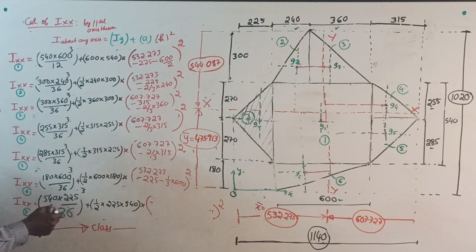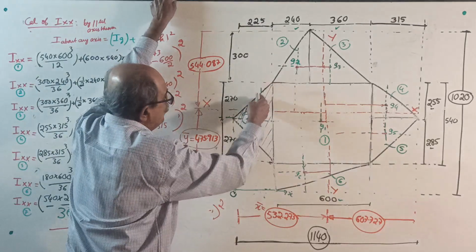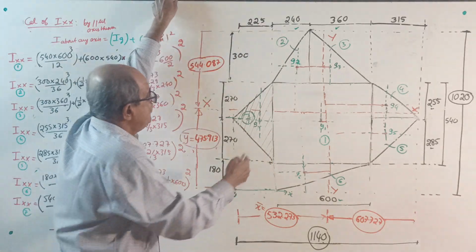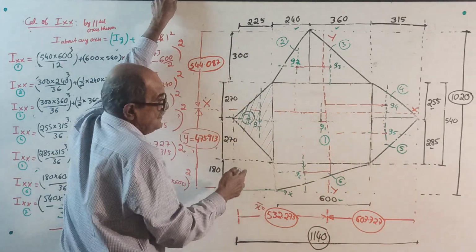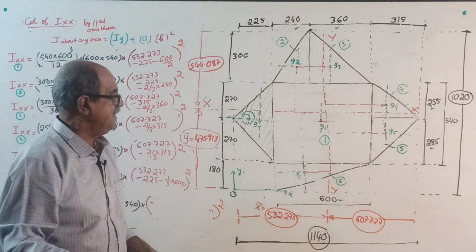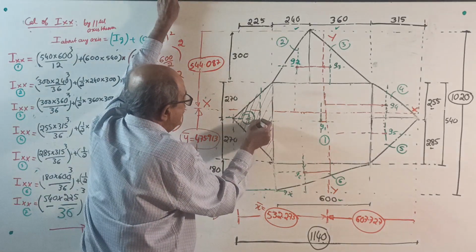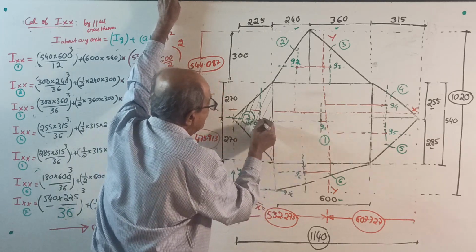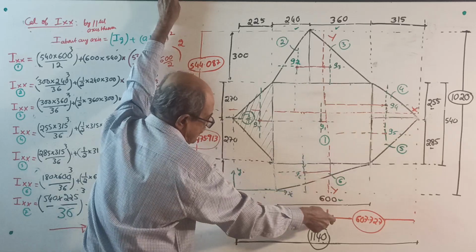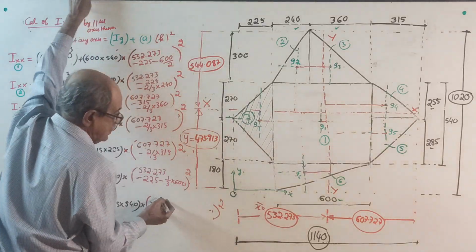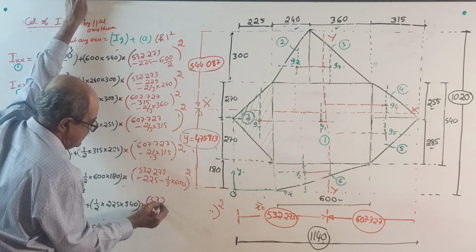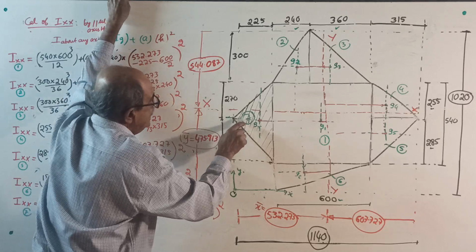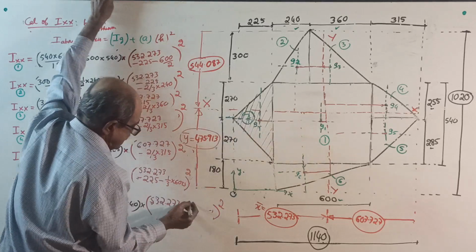Back to 36. Why? Because when you want I about YY, this base is extreme edge. See, this is the height. This is the base. This I told it 100 times already. Plus area into from centroid to YY. See, this distance from here to YY is 532.273 minus from here to here is 2/3 of